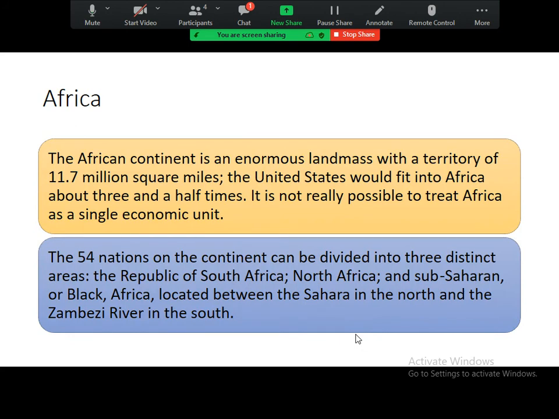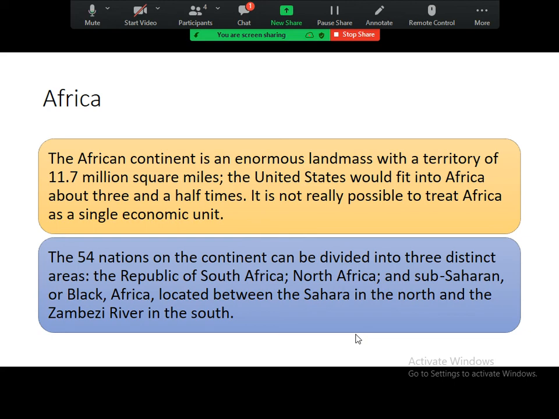The African continent is an enormous landmass with a territory of approximately 1.7 million square miles. The United States would fit into Africa about 3.5 times. It is not really possible to treat Africa as a single economic unit, as there are a total of 54 nations on the continent, and that can be divided into three distinct areas: Republic of South Africa, North Africa, and Sub-Saharan, or Black Africa,